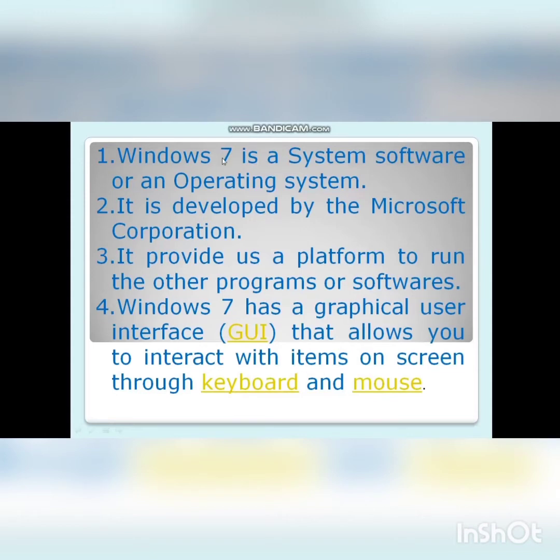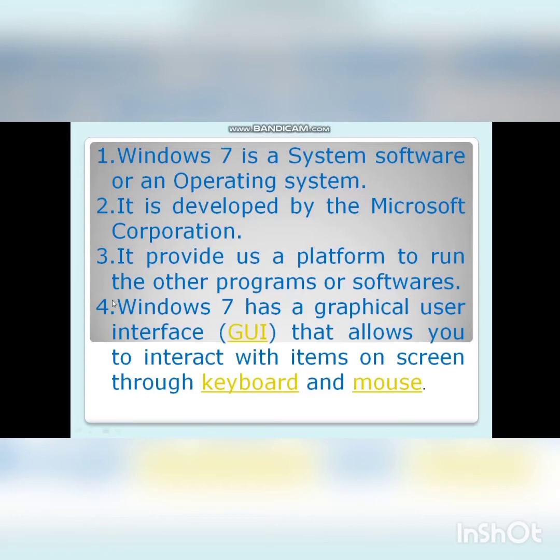Now moving to Windows 7. What is Windows 7 now? Windows 7 is a system software or an operating system which is developed by the Microsoft Corporation. The CEO of Microsoft Corporation is Bill Gates. It provides us a platform to run the other programs or software.